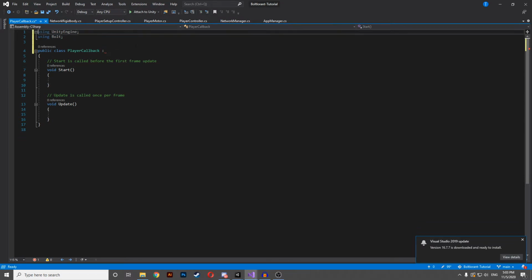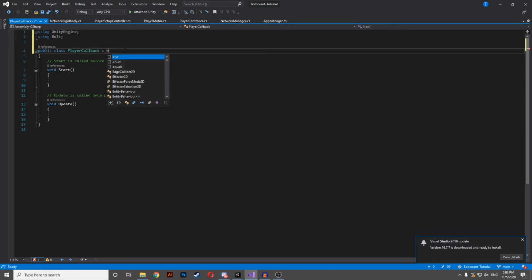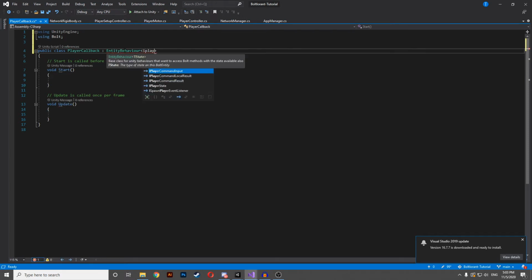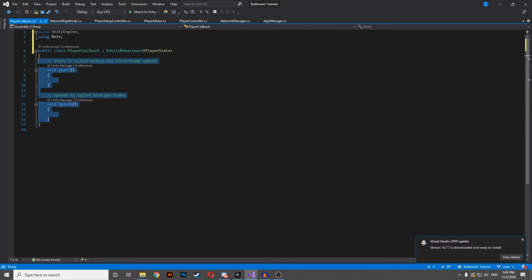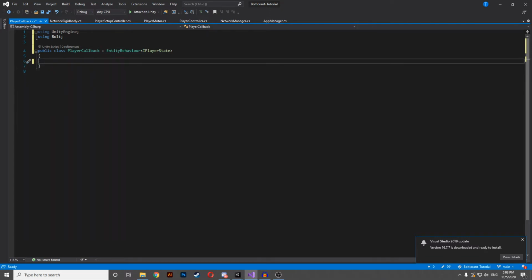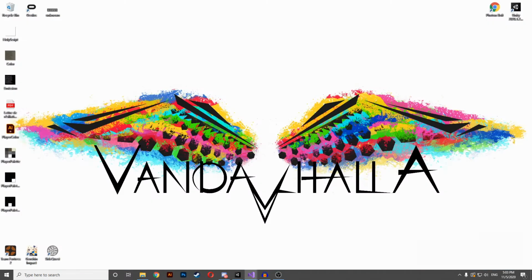So here we can add the bolt library, and we can add the player entity behavior with a player state, like this. We can remove everything that we have here, and we can